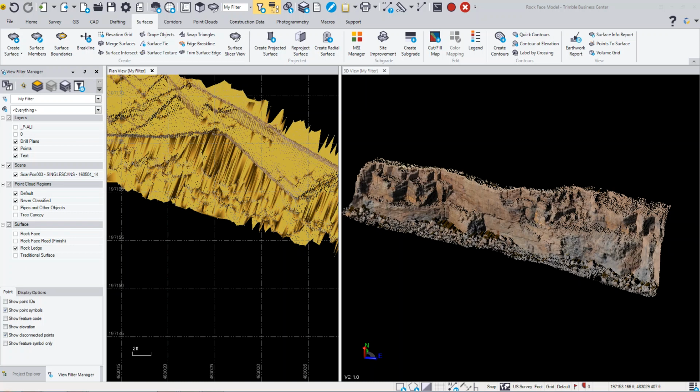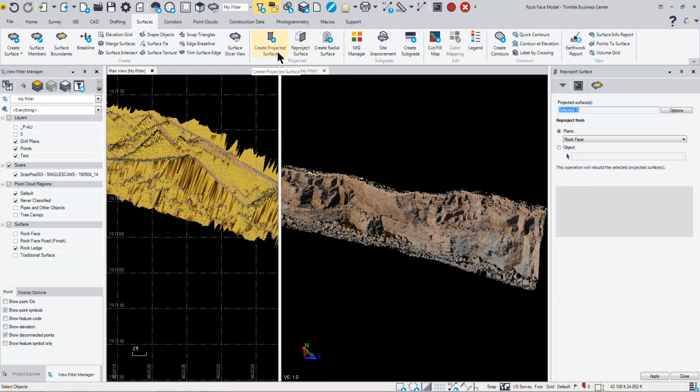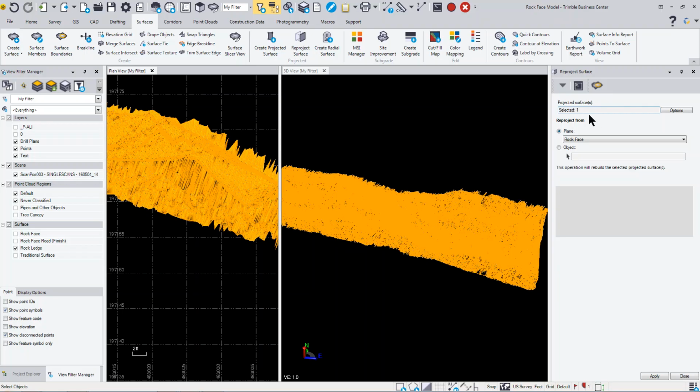The Reproject surface will let you modify or change the pane or the plane that you're working from. So on the Surfaces tab, I can go to Reproject Surface. I already have to have a projected surface that's been created, so we go ahead and select that projected surface. And then from here we can reproject to the plane